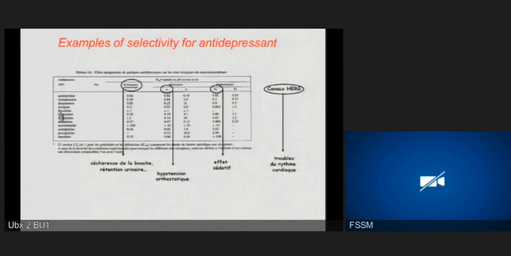And when you are looking at fluoxetine here, you see that fluoxetine has a bad affinity for cholinergic muscarinic receptors, a bad affinity for alpha-1 and alpha-2 receptors, and no affinity for histaminergic receptors. Then fluoxetine reaches and binds selectively the serotonin transporter. At the end, we know also that it binds something else.